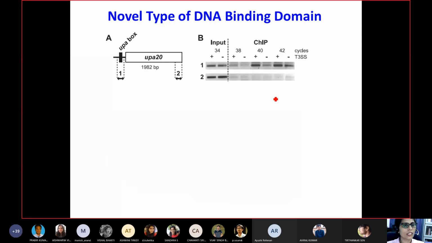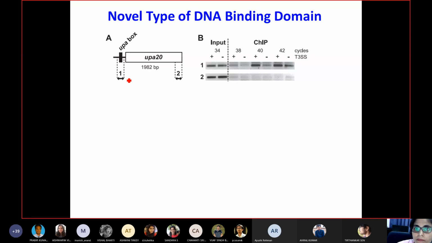Now, how will you check whether this promoter is able to bind to the effector region? Earlier we have seen similar experiments with transcription factors. So imagine your effector, AVR-BS3, is your effector protein, that is the transcription factor. It is binding to your promoter region. If you want to show this kind of experiment, you can very well use footprinting assays, and people have used footprinting assays on this system. I've not shown it here because there are other techniques also, for example chromatin immunoprecipitation assays, which show whether DNA is binding to your protein of interest or not.